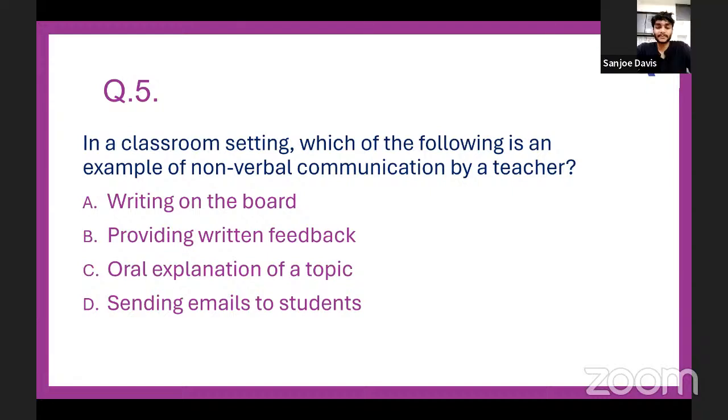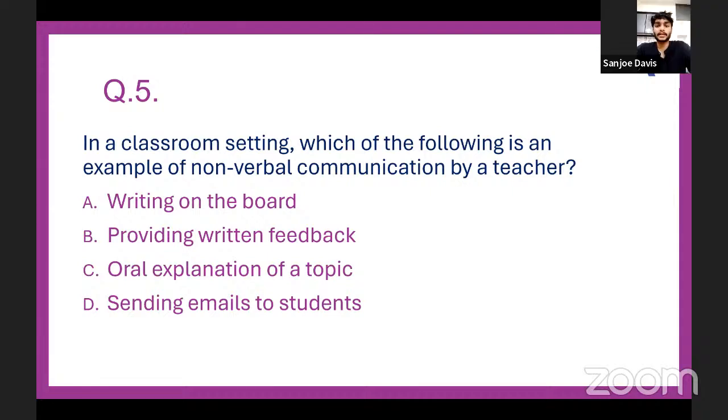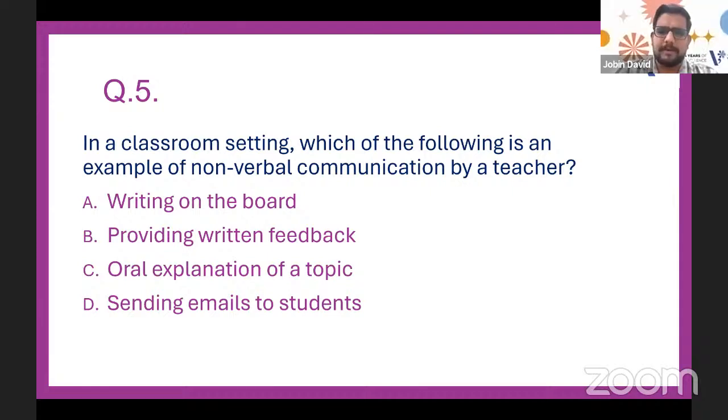Verbal means, basically, it's the use of words. Yes, exactly, it's correct. And what will be non-verbal then? Non-verbal is without words. If you are communicating without words, expressing things without speaking. Like what will be that in the classroom communication? Can you sort out the option from the options A, B, C, D, which you think is